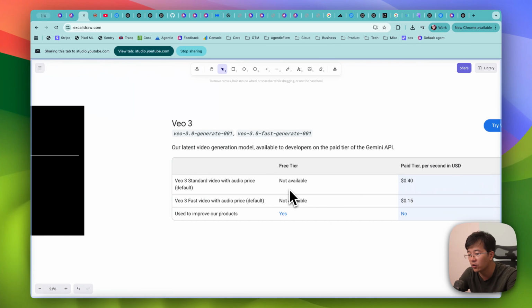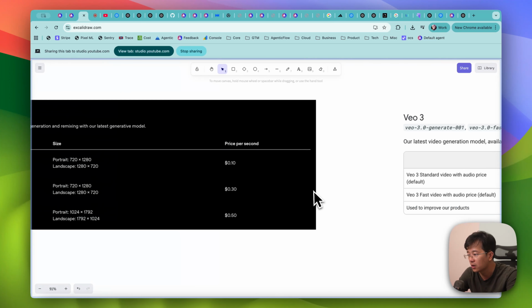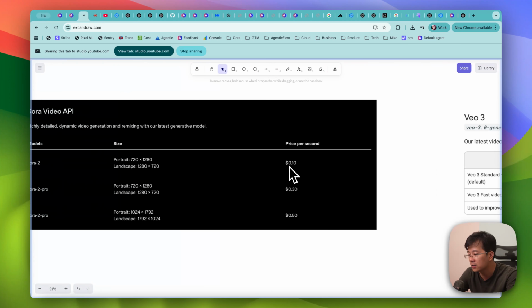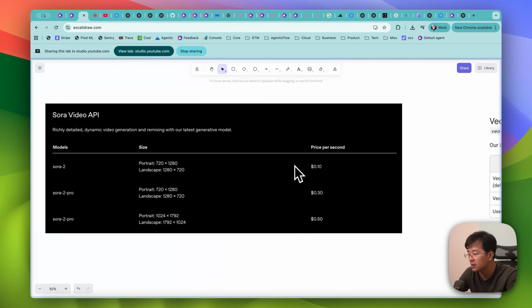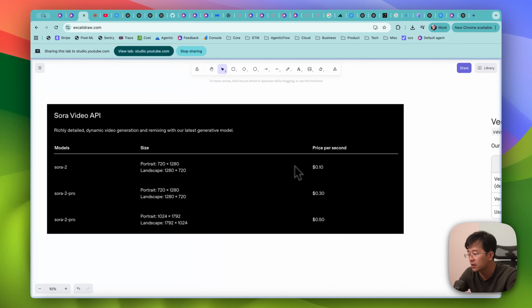So technically, you can benchmark Sora 2 against Veo 3 Fast if that is something useful for you, because I think OpenAI doing this pricing is to undercut Veo 3. So if it's under 0.1 per second, I think Sora 2 is useful.